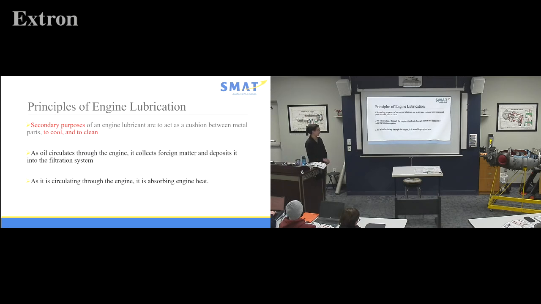The secondary purpose of engine lubricant is to act as a cushion between metal parts, to cool and to clean. So if we have a bearing on a shaft, we have to reduce the friction, make a nice cushion between that metal, and keep it cool and clean. The oil circulates through the